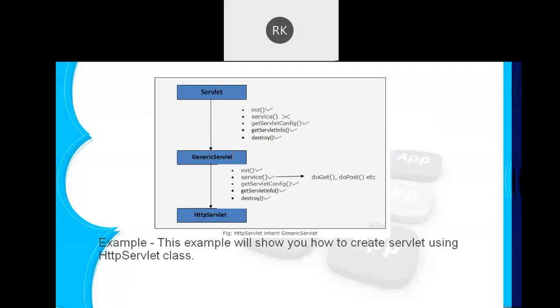You can see first of all we have the servlet package that is being implemented by the generic servlet class, and that has overridden all the methods except the service. Then we have the HTTP servlet. Okay, that HTTP servlet is inheriting what? The generic servlet, and it has overridden all the methods. Even the service has been overridden here. But here the service will be having the subparts, like we can say the doGet, doPost, etc.